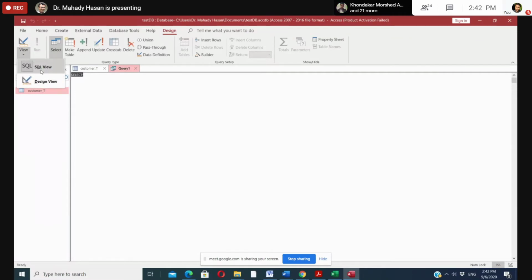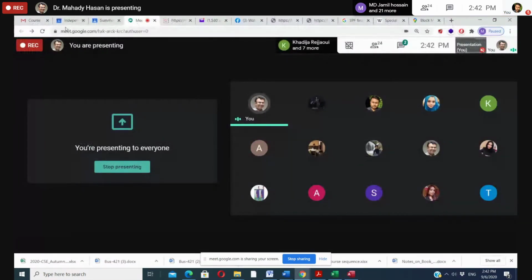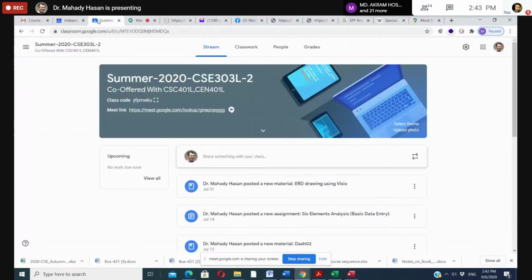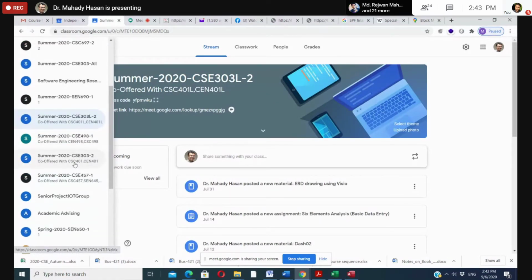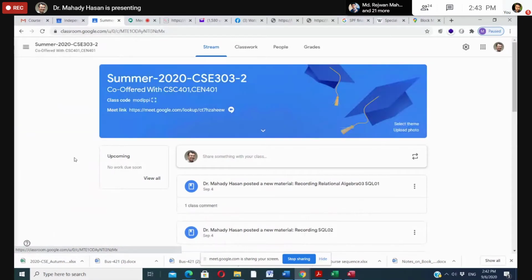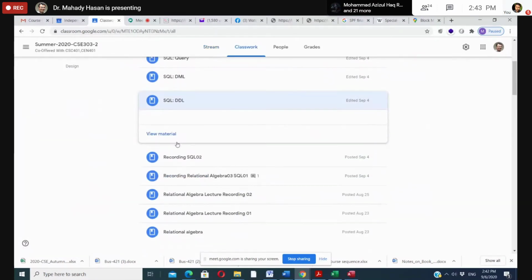So we have seen design view, data view, and this is basically SQL view. Okay, now let me go back to the lectures. Where is the lecture? The lecture is in, here we have the lectures, right?